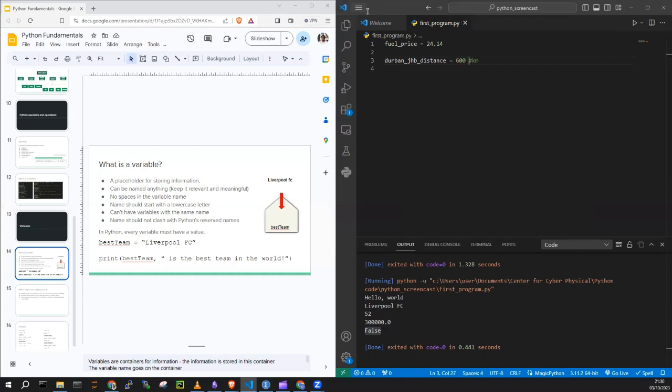And then for readability's sake, you can even have a comment there. Actually, that would be good. Then you can say something like distance to Johannesburg, well, let's just say distance between JHB and Durban, right? In kilometers, right? So that everybody knows. So now let's make a calculation. If I want to say I traveled here